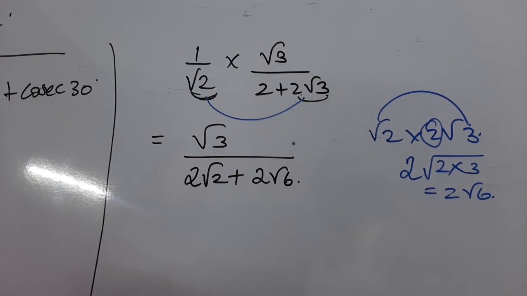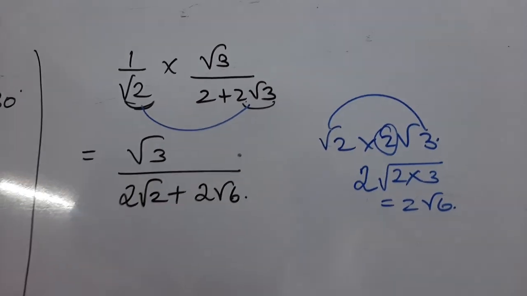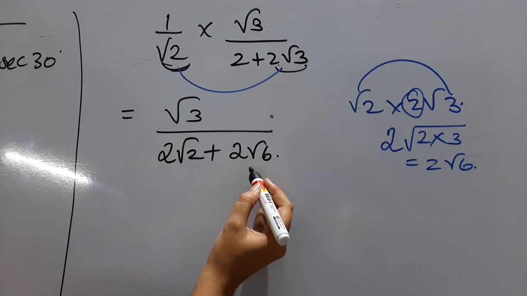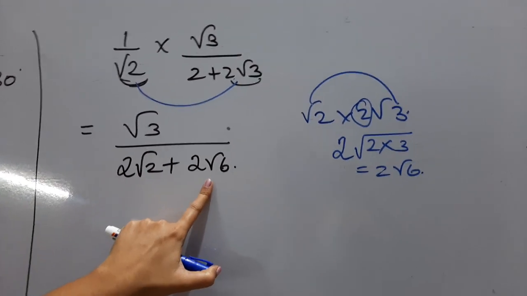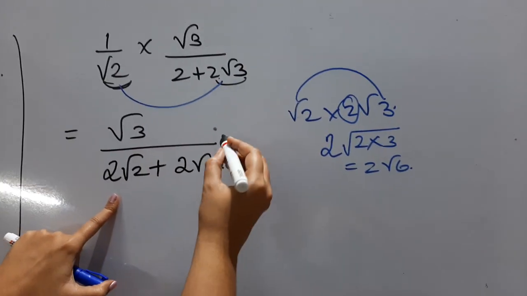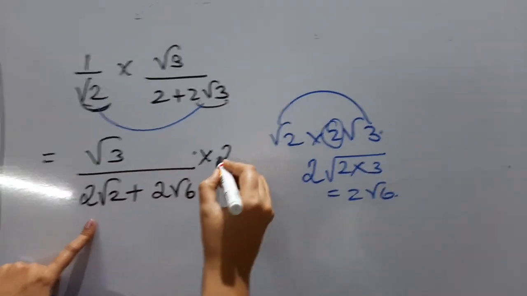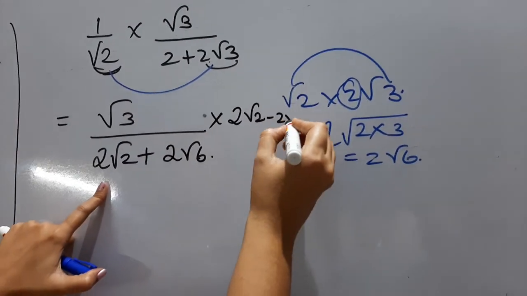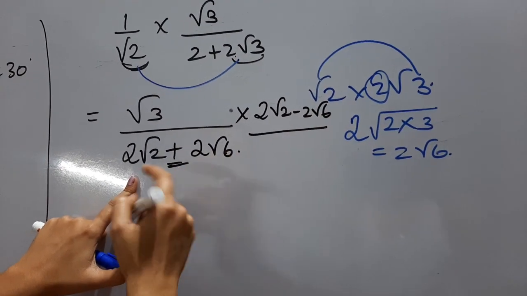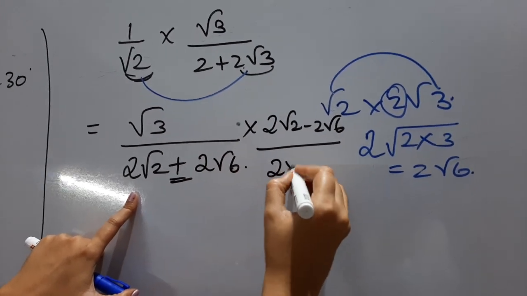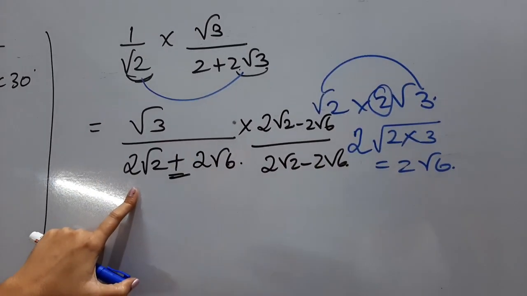Now I need to take the conjugate, the concept which you learnt in grade 9. We should not leave a sum of root numbers in the denominator. It should be simplified. So we want to take the conjugate. What is the conjugate here? First term minus the second term. Since the two terms are in addition here, the conjugate will be in subtraction here.